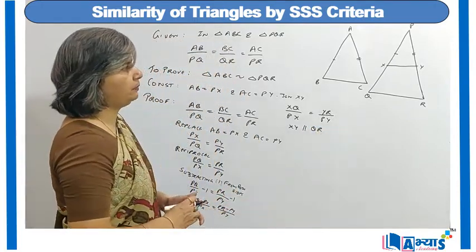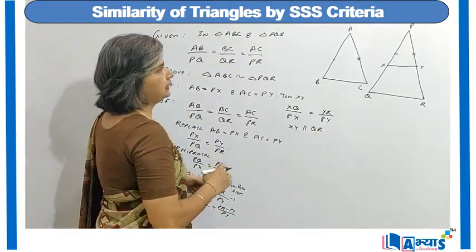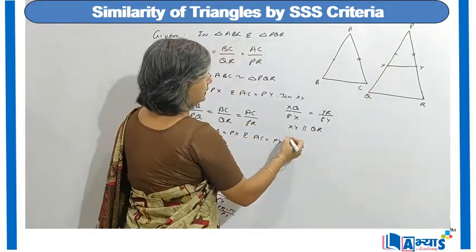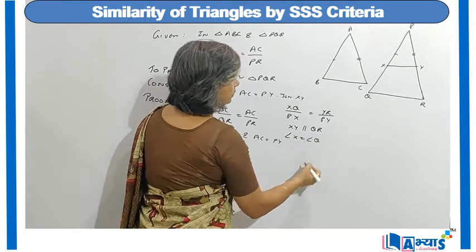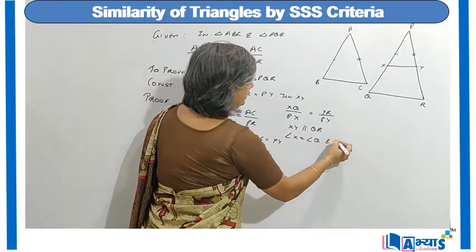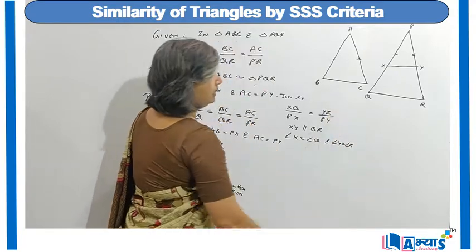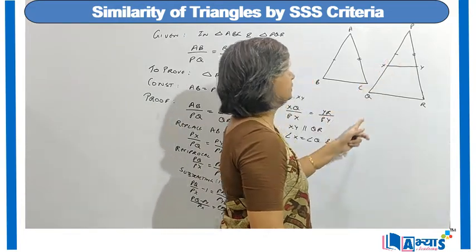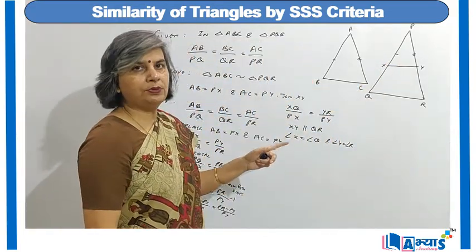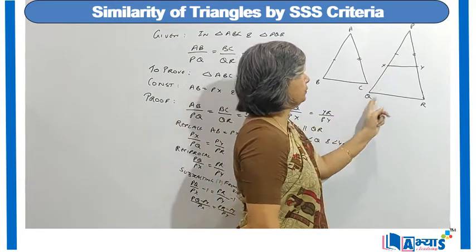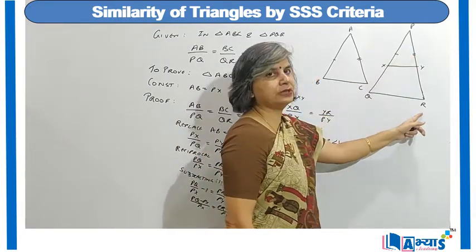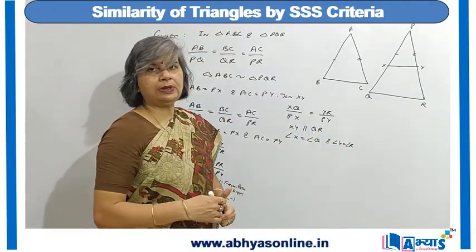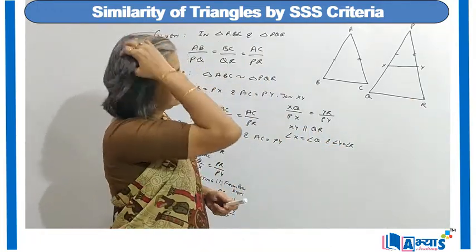Now when XY is parallel to QR, we can say that angle X is equal to angle Q, they are the corresponding angles, and angle Y is equal to angle R, again the corresponding angles, because when XY is parallel to QR and PQ is the transversal, angle X is equal to angle Q. Similarly, when XY and QR are the parallel lines and PR is the transversal, Y is equal to R. So we can say that angle X is equal to angle Q and angle Y is equal to angle R.